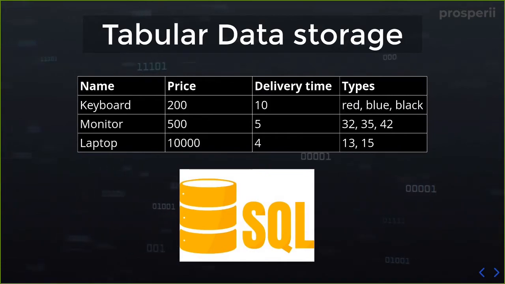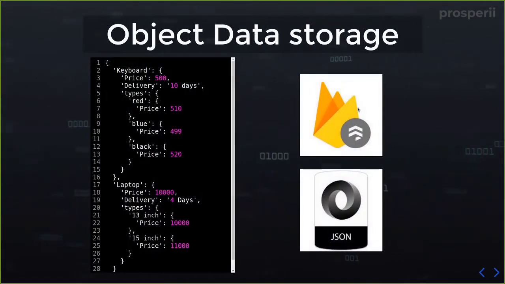So while storing data in a tabular format, you cannot assign more values to the types present inside this particular data object. But then the data storage evolved, and now we store data in the form of objects. So essentially over here, every object has a key value pair. So over here inside types, we again have multiple types, and each one of those types have a different price. So for example, on Amazon, you would want to assign a different delivery date for different products with different colors because of the supply and demand shortage, or otherwise you could assign different prices to it.